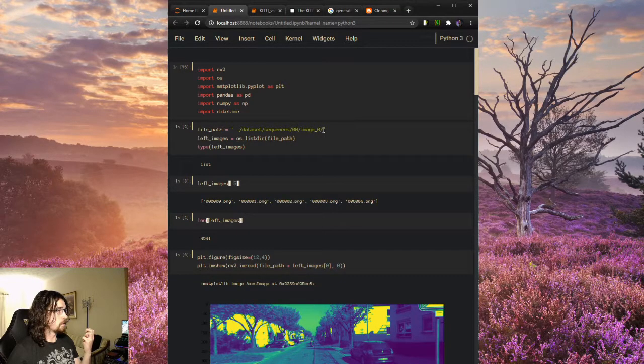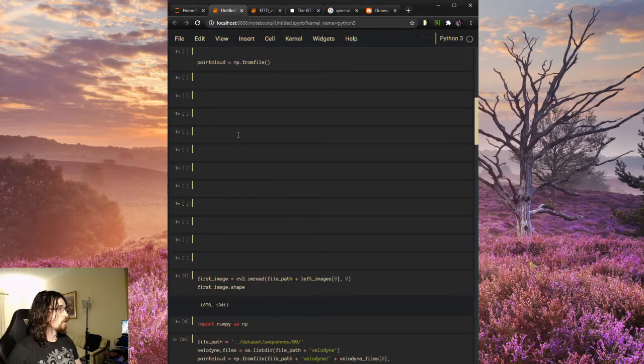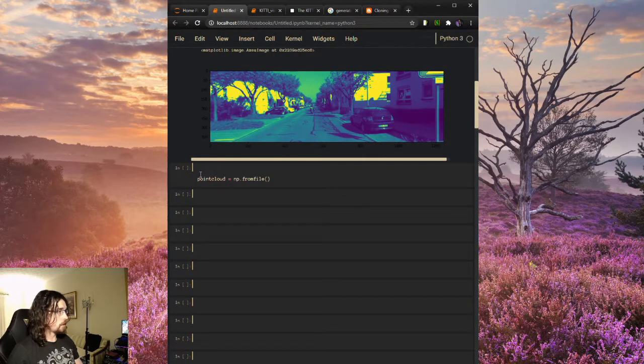It's still set to this, so let's just copy that and bring it down here. File path is that, except not with the image. We'll just set it to the sequence folder because I'm going to say file path plus velodyne. Yeah, and that's got to be a string